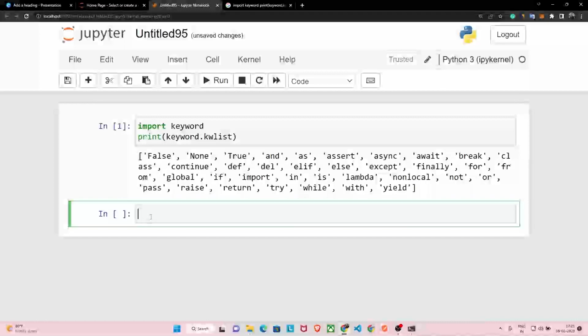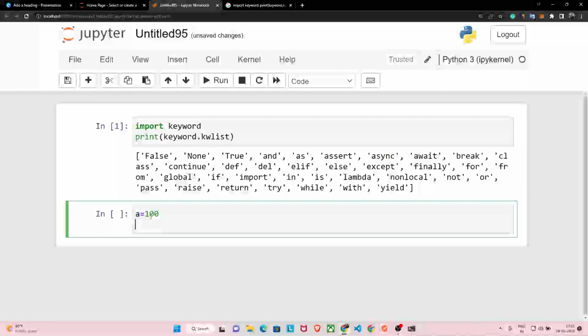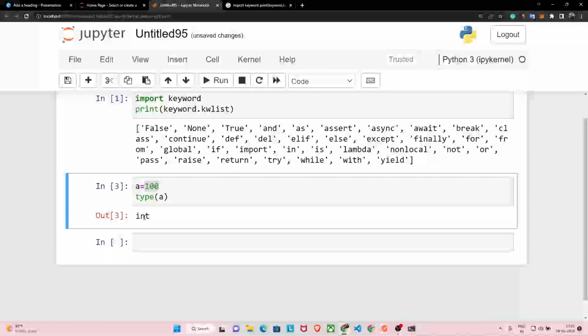While declaring a variable, let's say a is equals to 100, and if I want to check the type of a, what will be the type of a? It will surely be integer because it's a whole number, right? So it will be an integer. Did I anywhere describe it as an integer? Did I tell Python that, okay, treat this as an integer? Because in other programming languages, whenever you're declaring a variable, you have to specify the data type of the variable. But in Python, you don't need to do that.